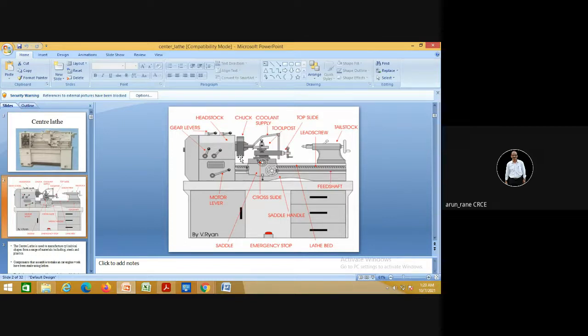As well as if you want to reduce operator fatigue, because when he is doing it manually, he has to rotate the handle by hand, so that causes fatigue. So we engage auto feed, automatic feed. And how to engage that automatic feed? For that, we have the feed shaft.